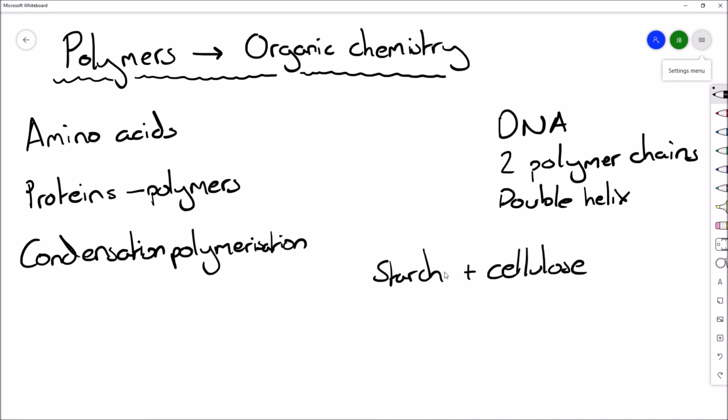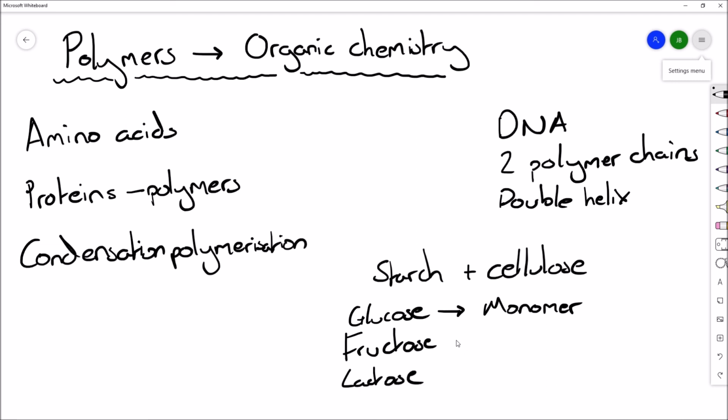These are our polymers. The monomer of starch and sometimes cellulose, I'm not quite 100% sure on what makes up cellulose. I think it is this, but definitely the monomer of starch is glucose. Lots of glucose molecules coming together makes a starch molecule. This is our monomer, and then these are our polymers. There are other sugars which are monomers. We've got fructose, lactose,